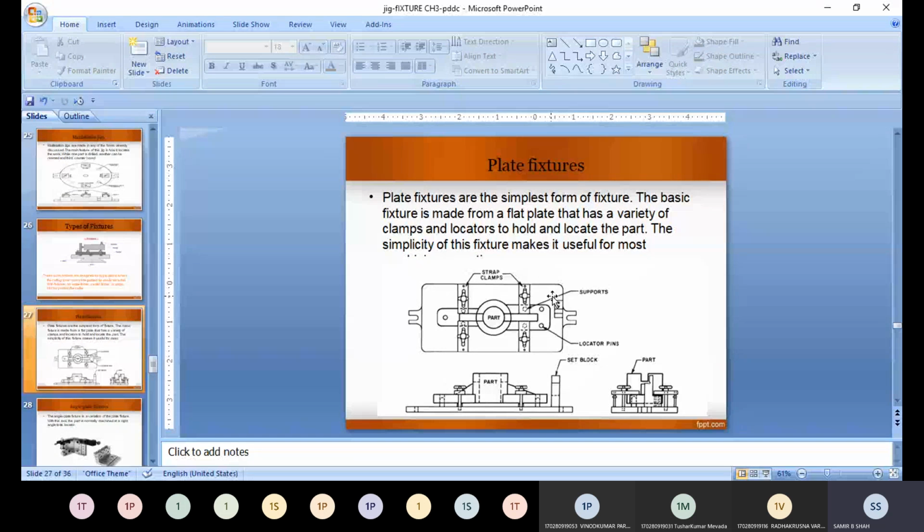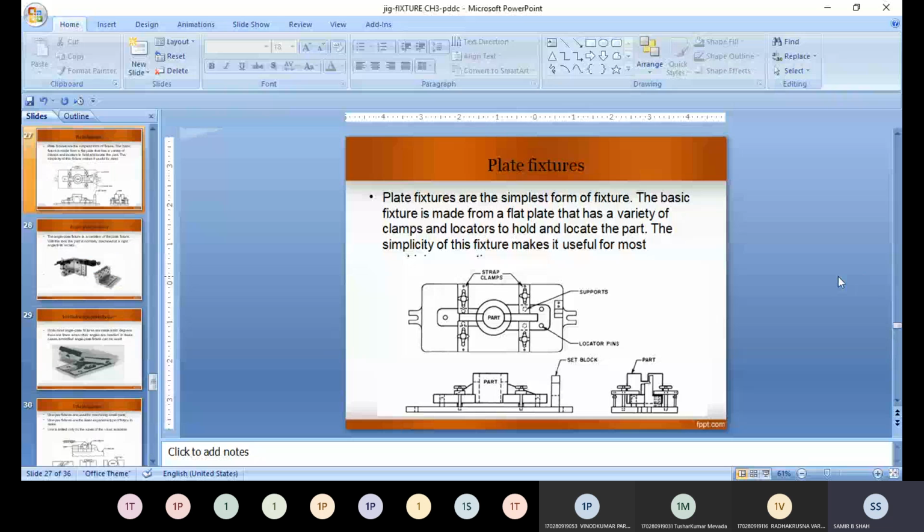Okay, one thing: after the end of the fixture types, we want to discuss how to design the plate fixture, and the basic steps, so that you can directly draw it in your sheet also.